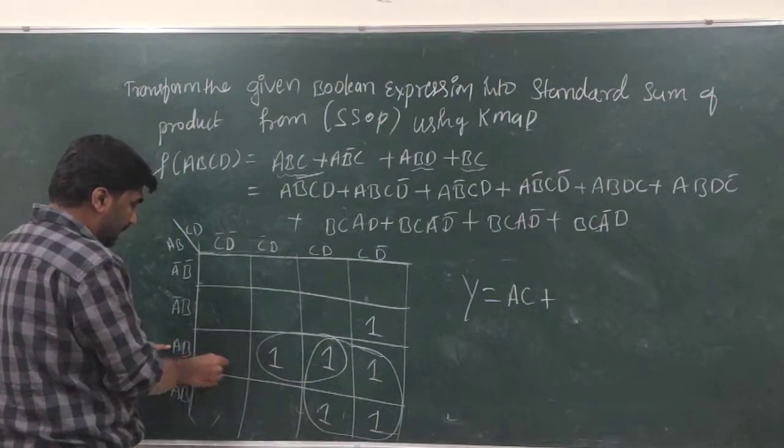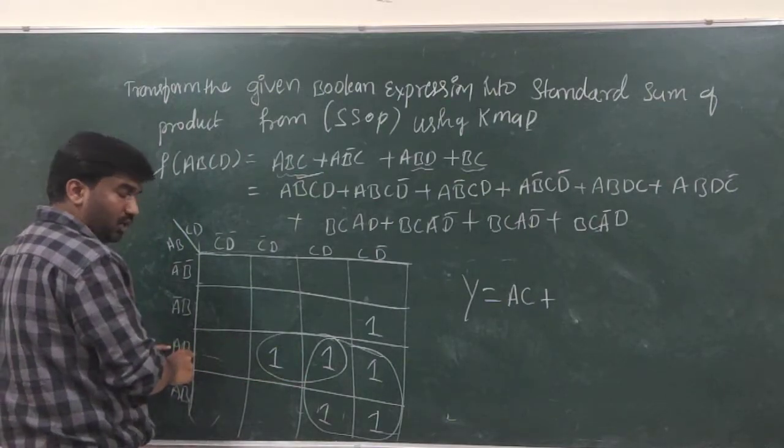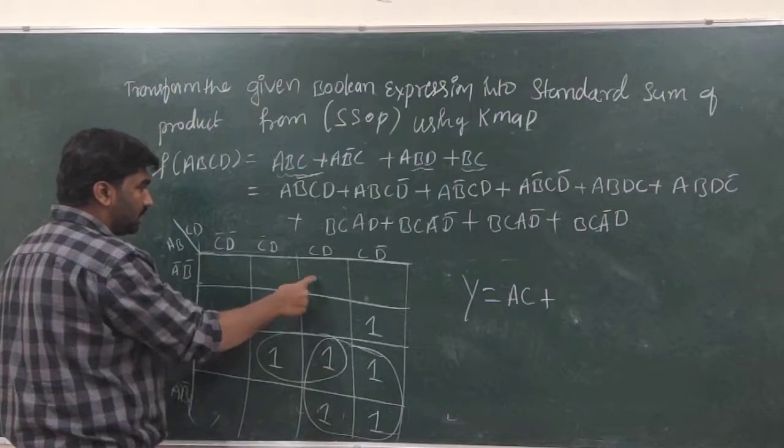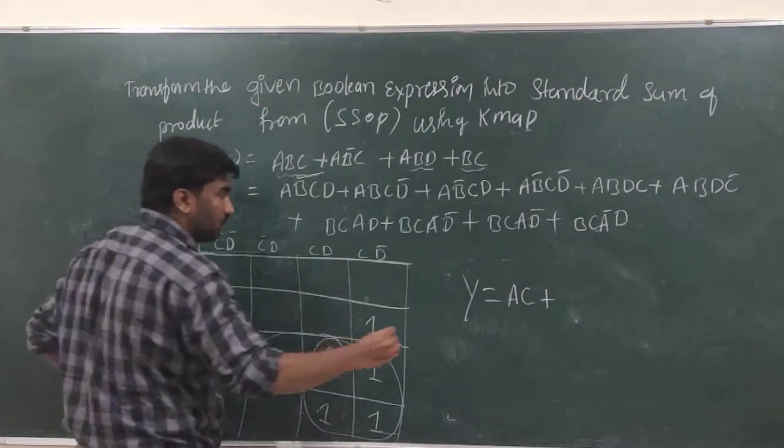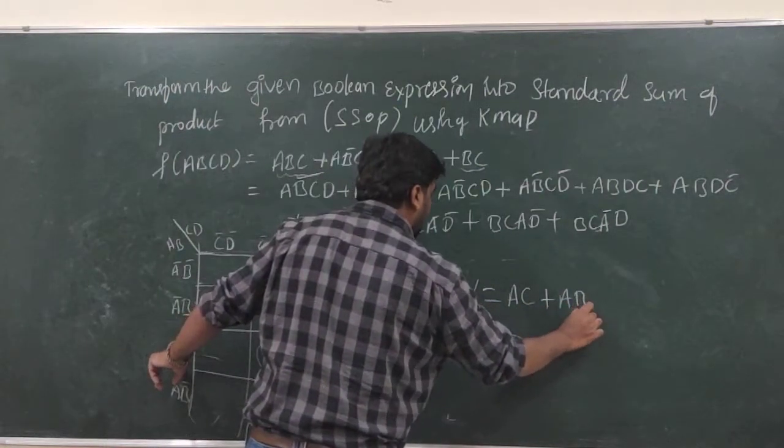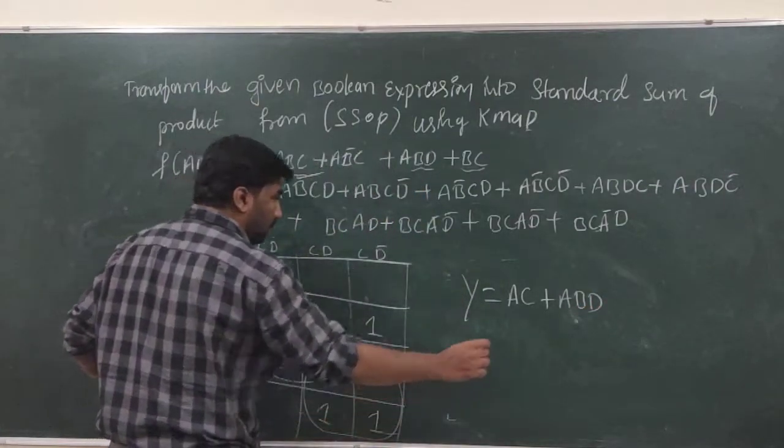So here in this row AB is common, and in these 2 cells D is common, so we can write ABD as our solution, plus